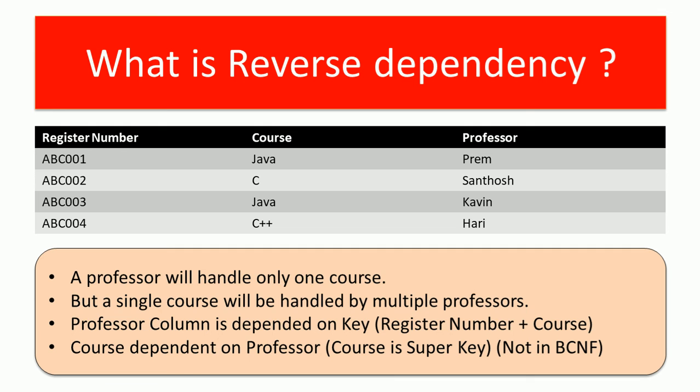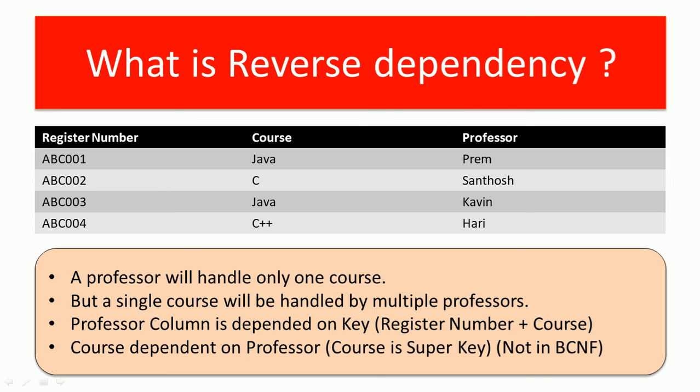The second task is to find all the dependencies. What is the actual dependency a table should have? All the non-primary key columns must be dependent on primary key columns. If I get register number and course, can I give a single professor name? Yes, professor name is dependent on register number plus course name. So the actual dependency is that the professor column is dependent on the candidate key. So the actual dependency is verified.